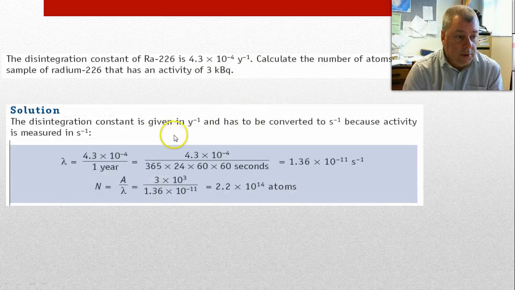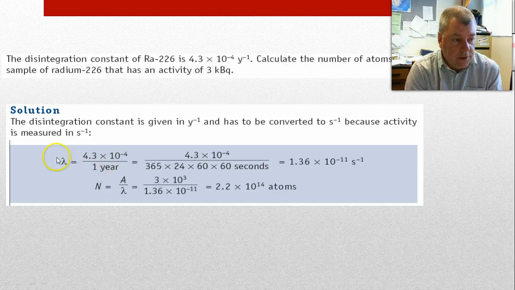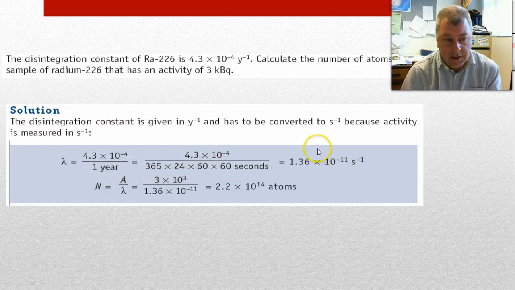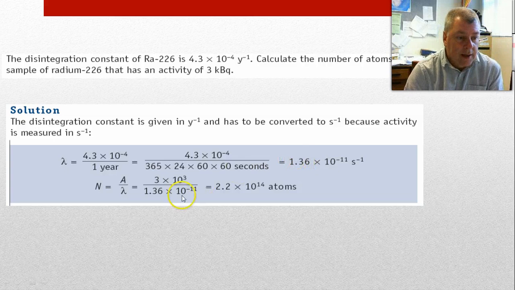That's something we have to look out for in the question. Because it's given per year, we have to convert it, and we convert the decay constant from per year to per second by dividing it by the number of seconds in a year. And we get this. Now, this decay constant, 1.36 times 10 to the minus 11 per second, is equivalent to this one, but we have to be careful how we use it. When I said that every isotope has its own unique decay constant, these numbers are the same decay constant, just expressed in different units. Now once we get that into seconds, we can then put it into our rearranged formula,